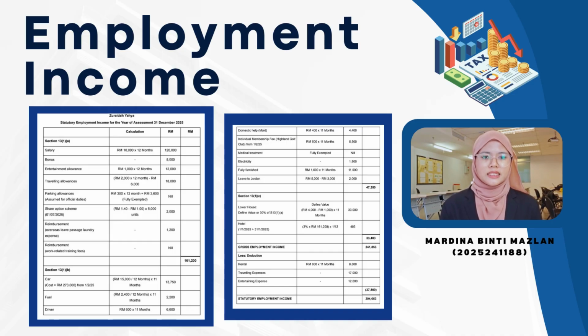Lastly, under Section 13(1)(c), the value of the employer-provided accommodation is RM33,403. After combining all the components, the gross employment income is RM241,853. After deducting the allowable expenses of RM37,800, Ms. Zuraida's statutory employment income is